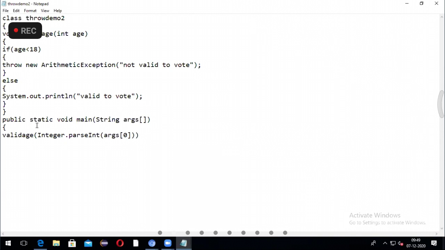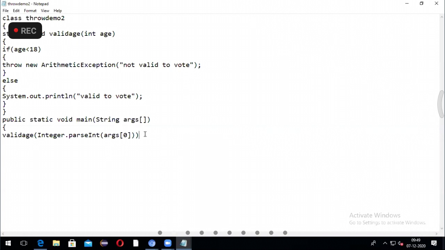So use the method like this. And I am calling the method. You always observe a class method should be called through an object only. But if I am calling without an object, then that method should be a static method. Only a static method can be called without using an object.